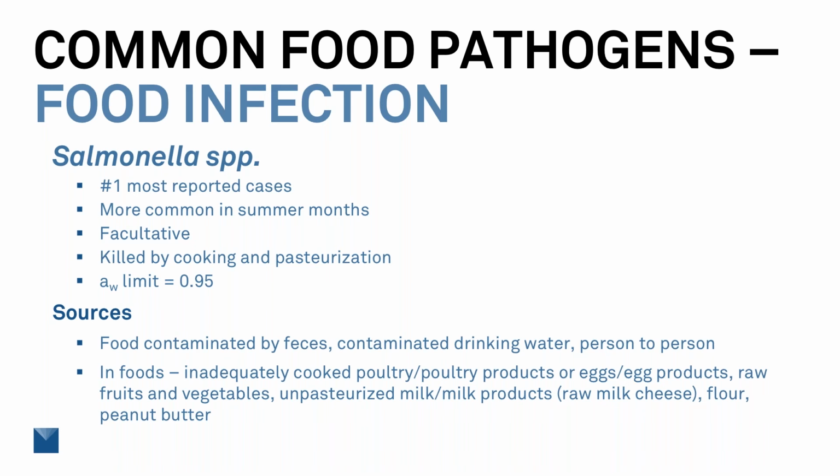So for Salmonella, the important thing to know is that it won't proliferate at a lower water activity, below 0.85. Matter of fact, peanut butter and flour are part of what we call the low moisture food group. So they generally have a low water activity, quite a bit lower than 0.85. So if they are contaminated with Salmonella at that point, they're harmless. They can't grow, right? We already talked about that.